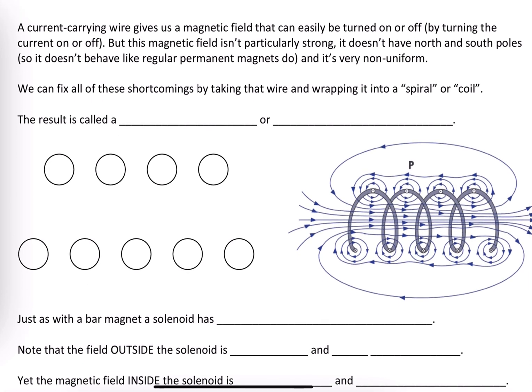It would be great if it was strong. It would be great if it had north and south poles, and it would be great if it was uniform. So there are some shortcomings with this magnetic field that we've created around a wire, even if we can turn it on and off. However, we can fix all these shortcomings by taking that wire and wrapping it into a spiral or a coil, like we see down here. The result, this coil we can create, is called a solenoid,